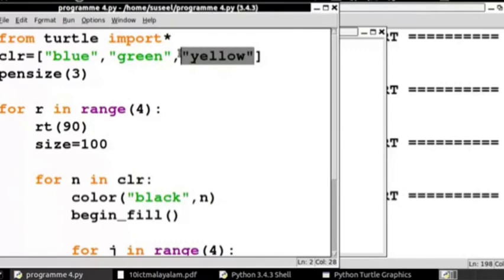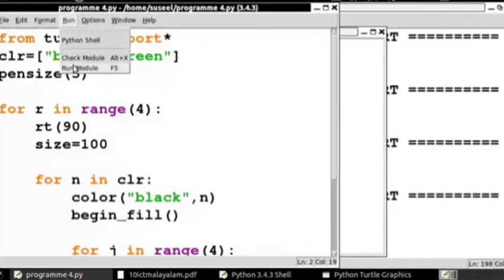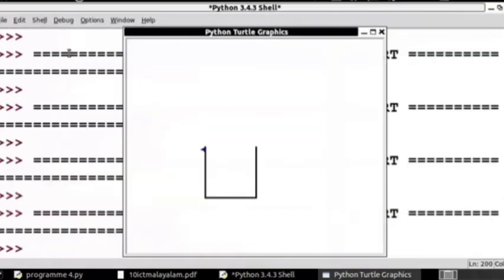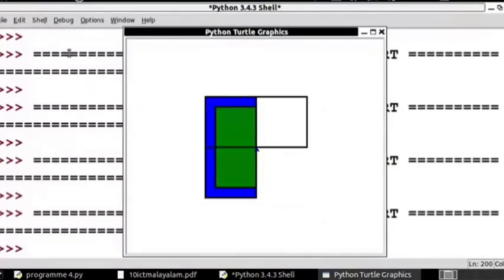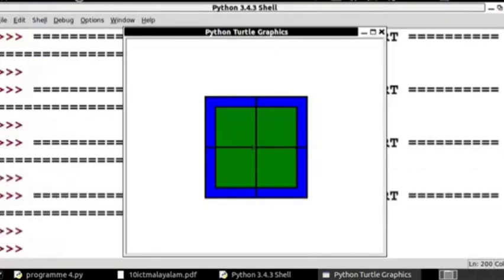Then changed yellow. Then observe the pattern, save the program, then run. We get only 2 squares with the 2 colors.